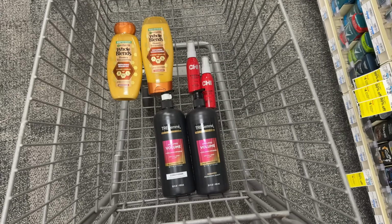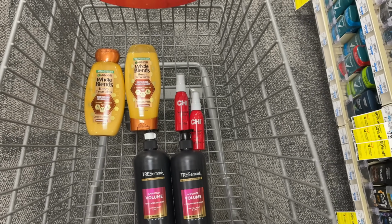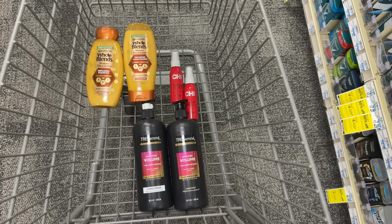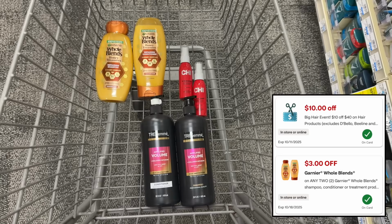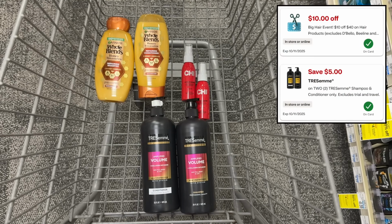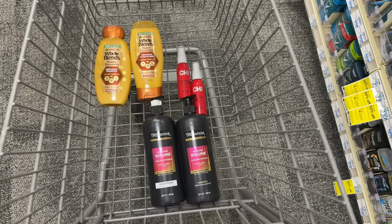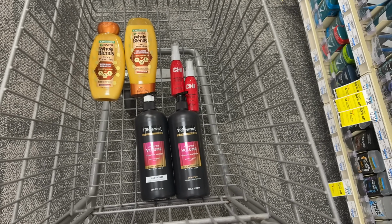Another option is grabbing 2 of the whole blends at $5.49, 2 of the Chi at $6.99, and 2 of the bigger size pump Tresemme for $7.99 each. And those 6 items would total $40.94. You'd use your 10 off 40 CRT again, the 3 off 2 for the whole blends, and the 5 off 2 for the Tresemme, and you'd be left to pay $22.94. And then you get back $18 in extra bucks in total from these 3 deals,